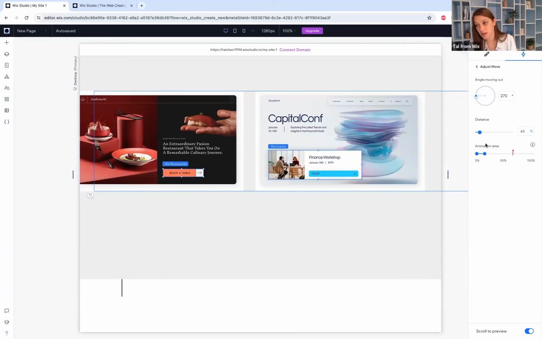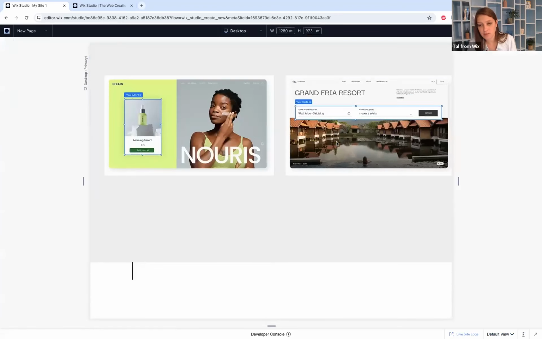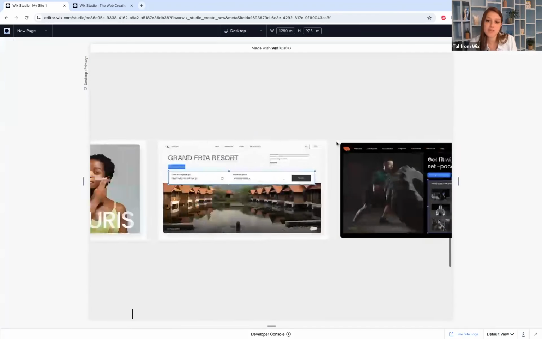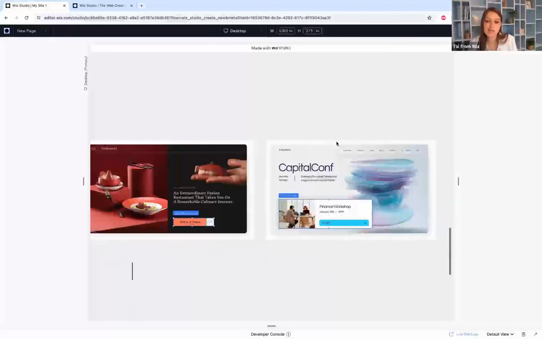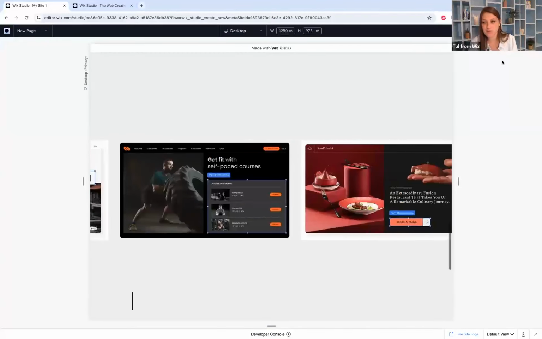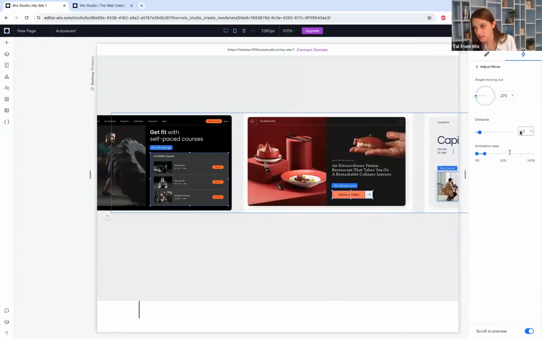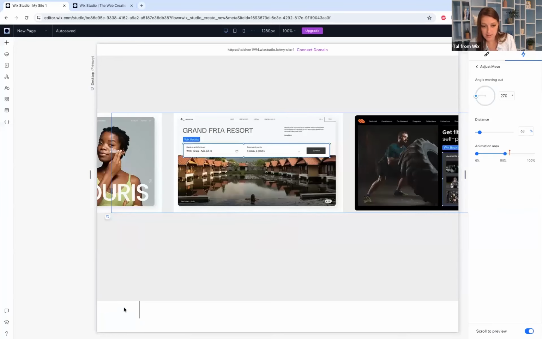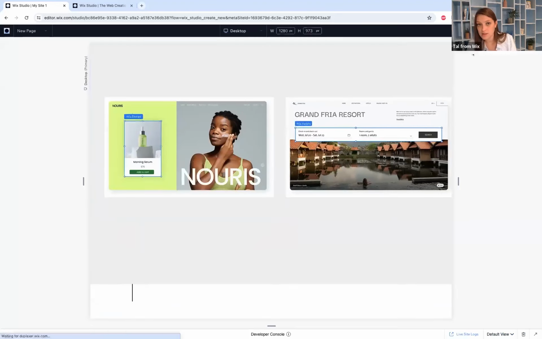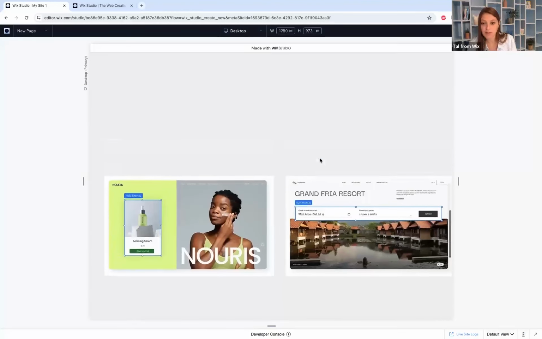But if you forgot, you go to preview, and you always go to preview to see the design. This is moving very fast for me. So I know that I need to go back and adjust the animation area until this line gets to the middle of the screen. So now if we go back to preview,